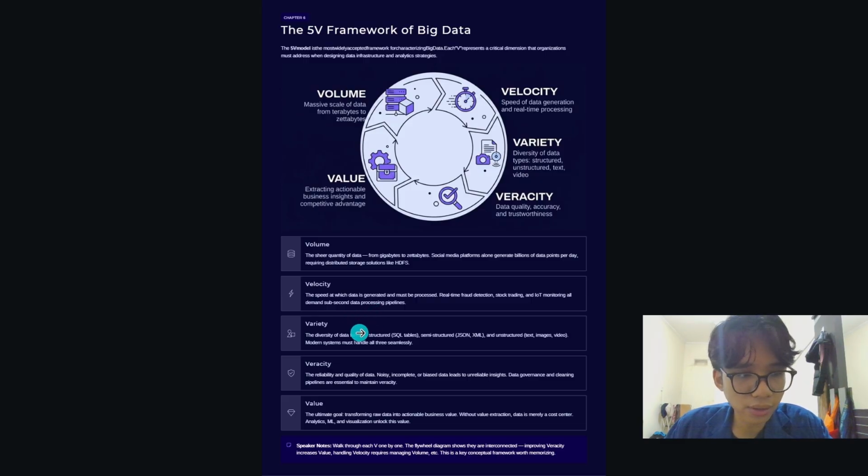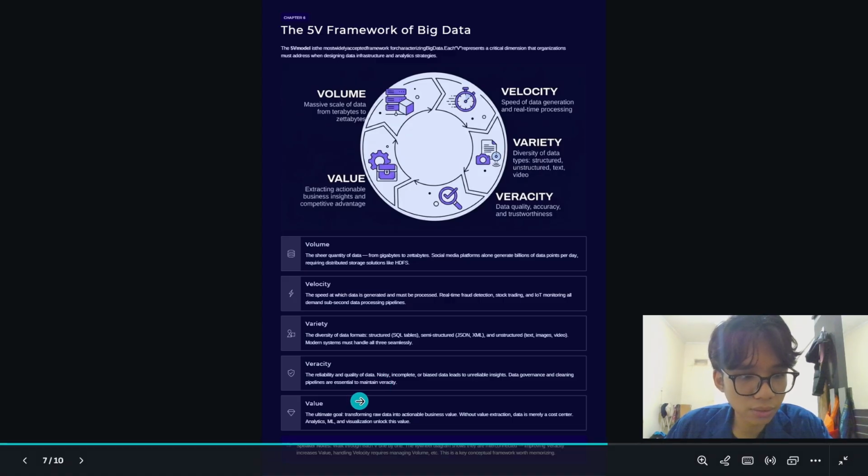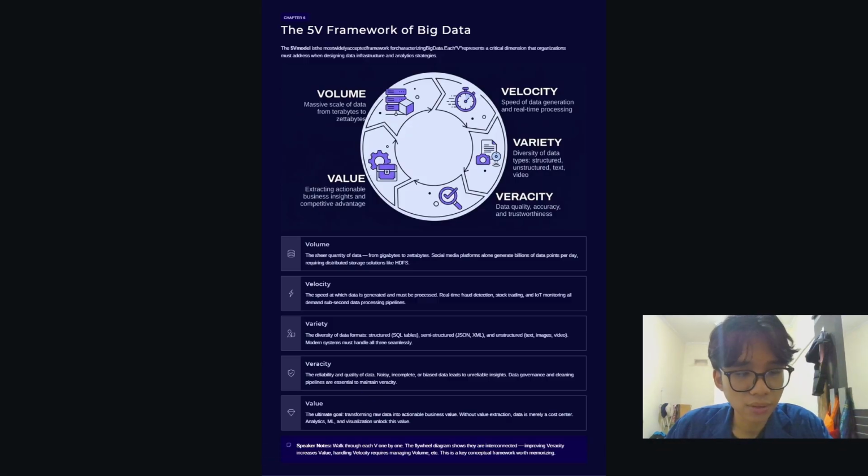And then variety, different data formats like text, image, video, and logs. And then veracity, data accuracy and reliability. And then value, the useful insights generated after data processing. Without proper processing, even massive datasets become only storage burdens.